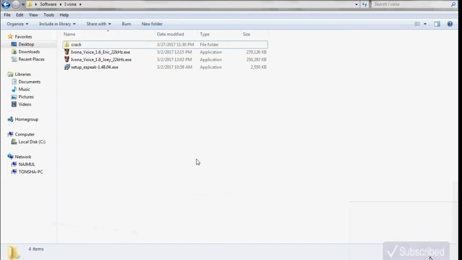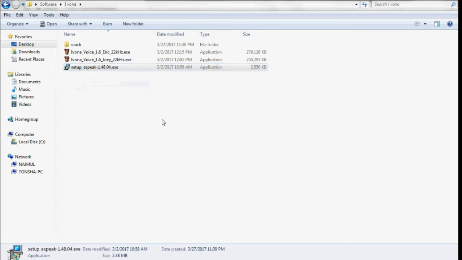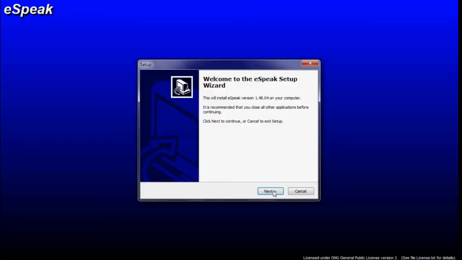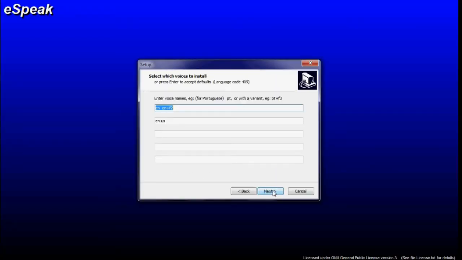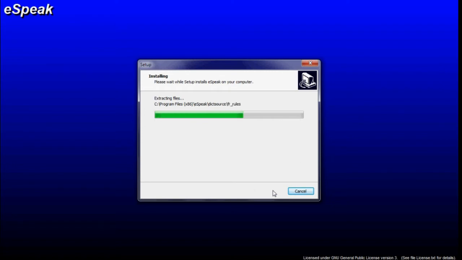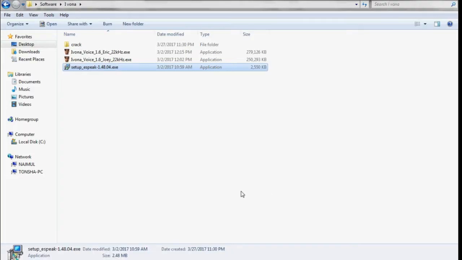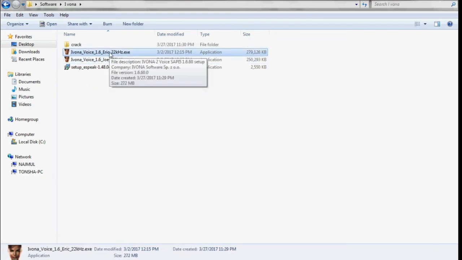To get iVona software, you need to run this eSpeak.exe file first. I'm running. So next, I hope you know how to set up software. I scripted that step, how to set up. So finish. After setting up the eSpeak software, then you need to set up these two. These two have different kinds of voices in different versions. So first one,